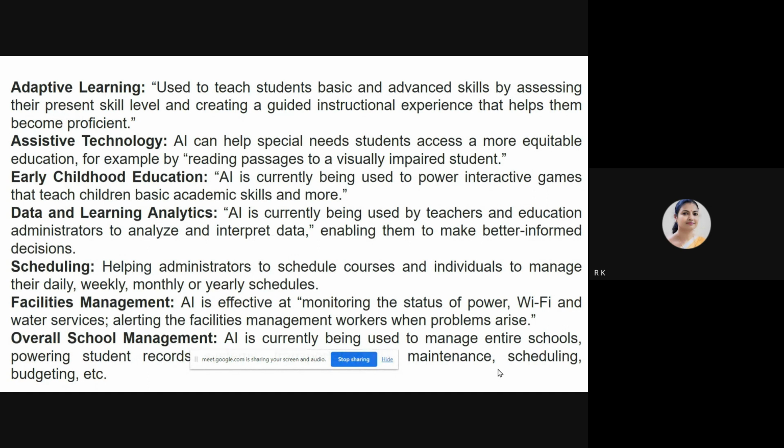Tomorrow I have a lecture, please remind me. You tell AI to remind you for the class, on a daily or weekly basis. It also encourages facilities management. AI is very effective in monitoring the status of power, Wi-Fi, and any other services, and it will give you an alert signal. See, I did not implement that. There was a little problem in the beginning of the session, correct? So AI helps in facilities management. Let me incorporate that in the next session.